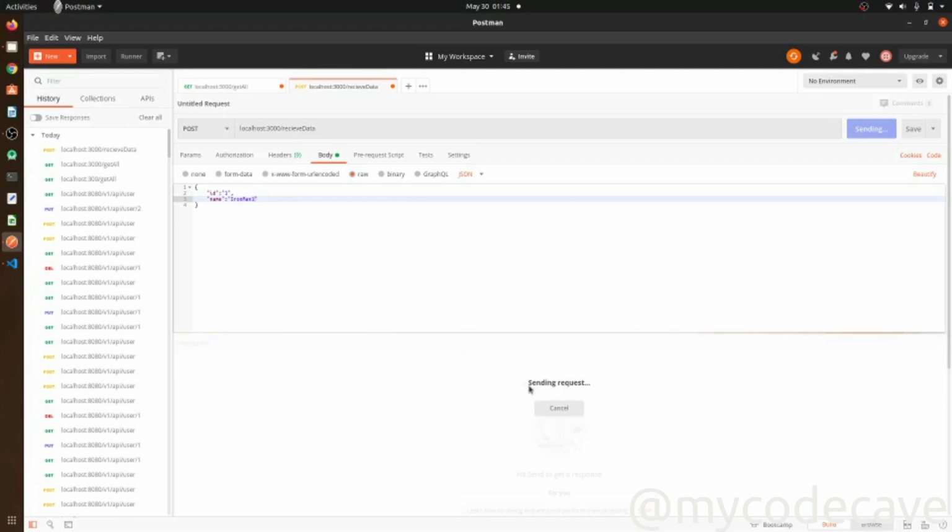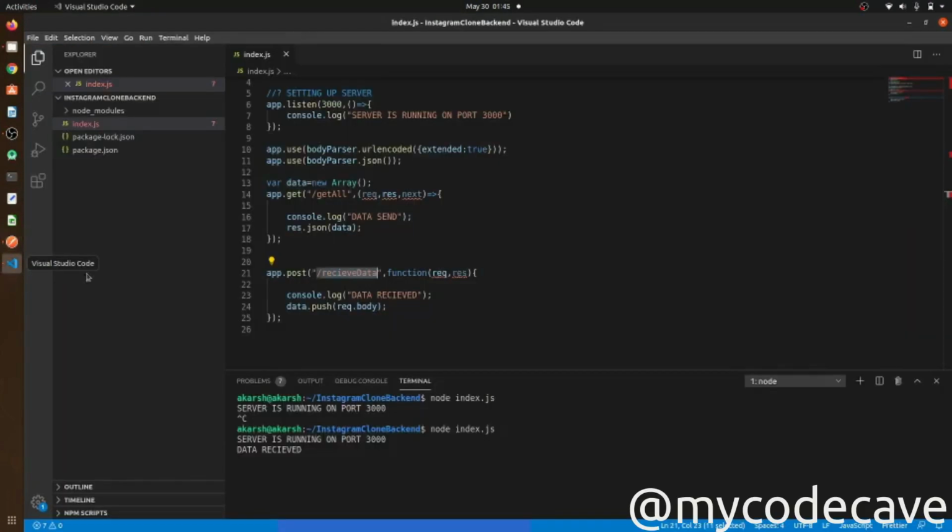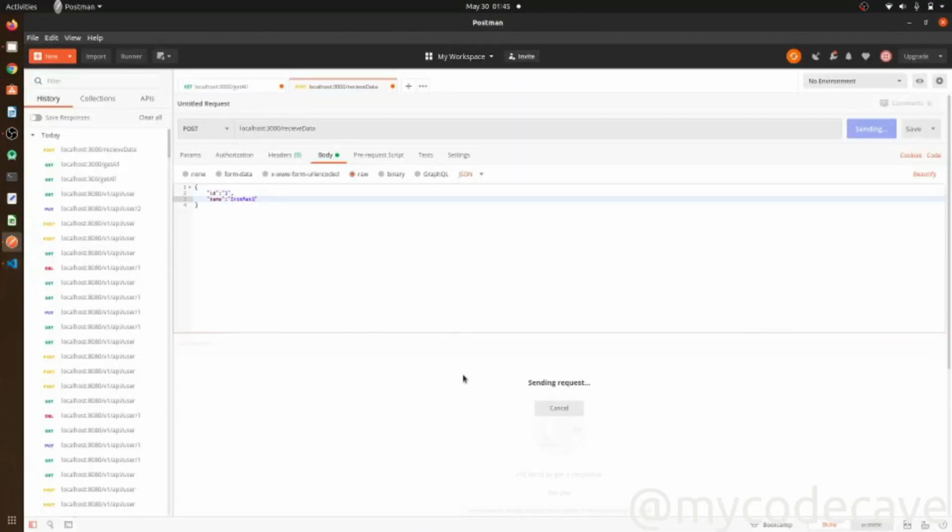It's sending data, but it's not showing, because the data is received and we haven't done something here. If we haven't sent any acknowledgement, then this will always send the request and will not end.